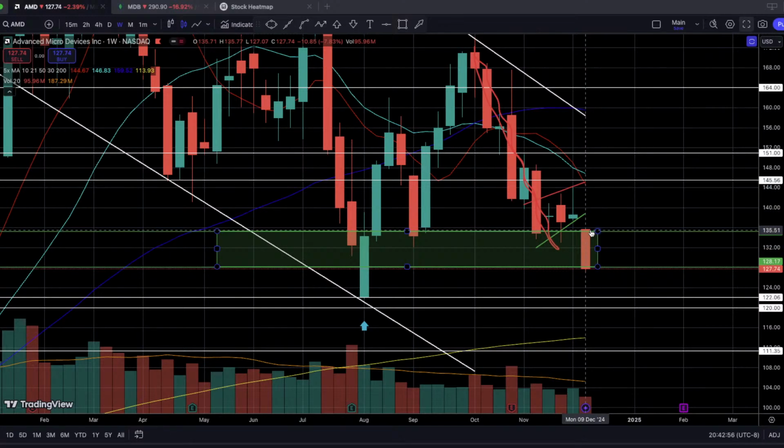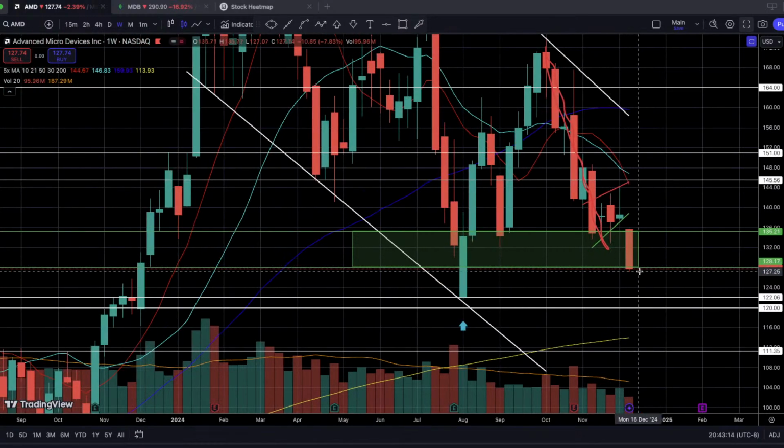All right. So obviously this is not going to be the set weekly candlestick. We're still on Tuesday. We have 3 more trading days, 3 more days worth of price action. So I wouldn't be too surprised if you either move lower or if you just kind of move tightly around this 127 to 128 weekly support level. Okay, so that's kind of the price action that I have in mind for the rest of the week.